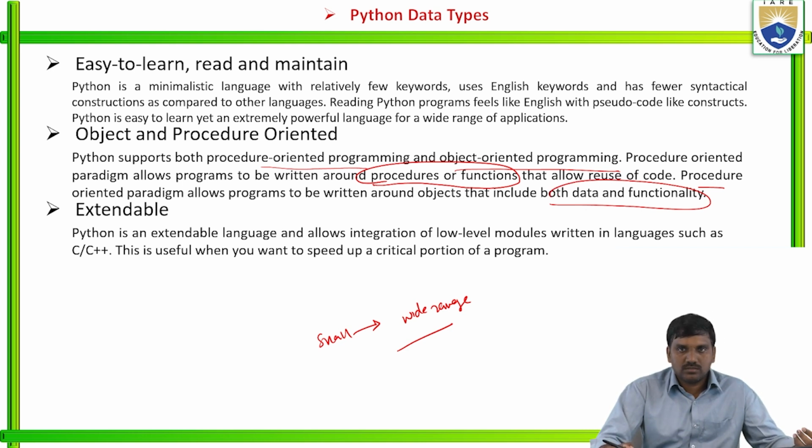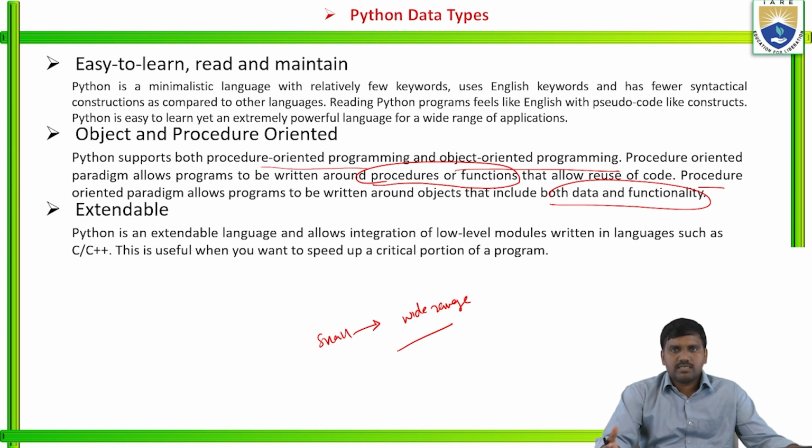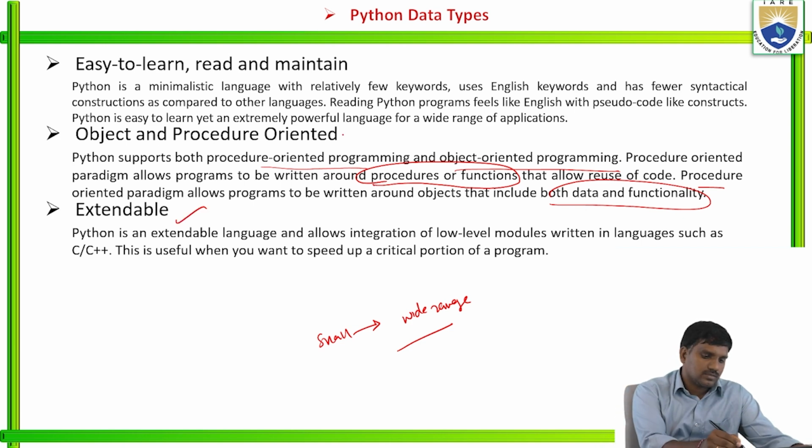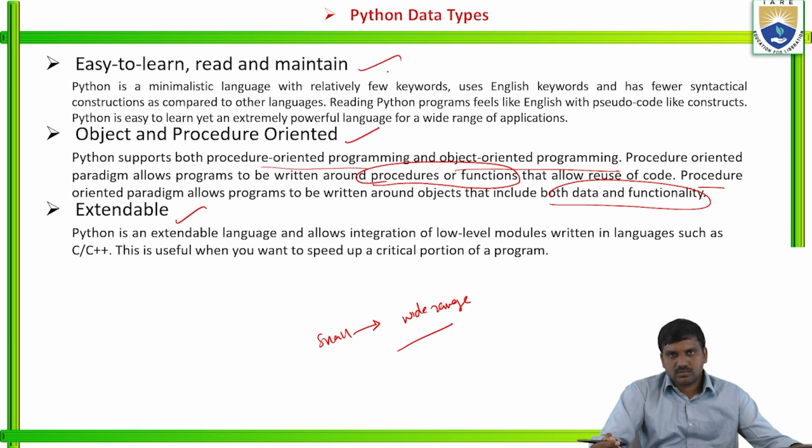Next, the extendable feature. Python is an extendable language that allows integration of low-level modules written in languages such as C or C++. Even though it is very simple, any type of program we can execute easily within a minimum number of steps, when you want to speed up a critical portion of the program. So this is one more characteristic of Python: easy to learn, read and maintain, object oriented and procedure oriented